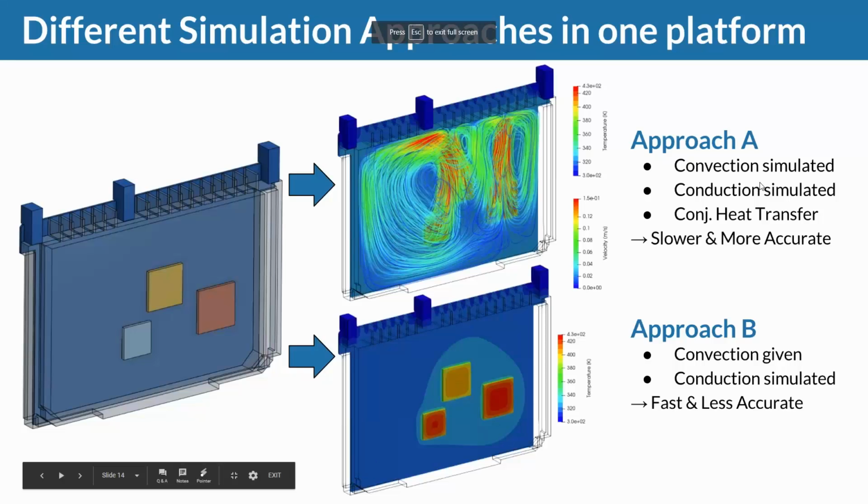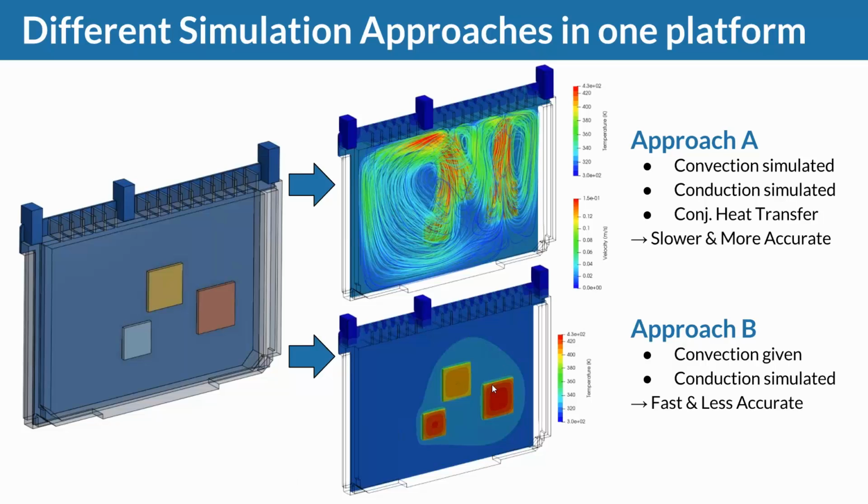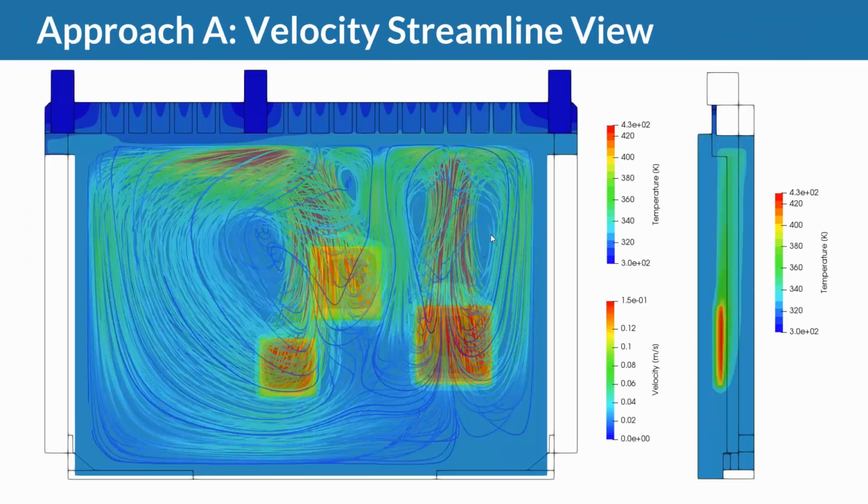But now we want to concentrate on, okay, what do we do now with this information, right? The simulation setup we've gone through was approach B, only conduction. What I want to do now in the last 5 minutes of this demo is give you a feeling for how our customers typically use SimScale in such a scenario. In a first step, they might run a fully fledged conjugate heat transfer analysis. So they also look at flow simulation inside the enclosure, and that was done here, right? It's the exact same design, the 3 chips here again,